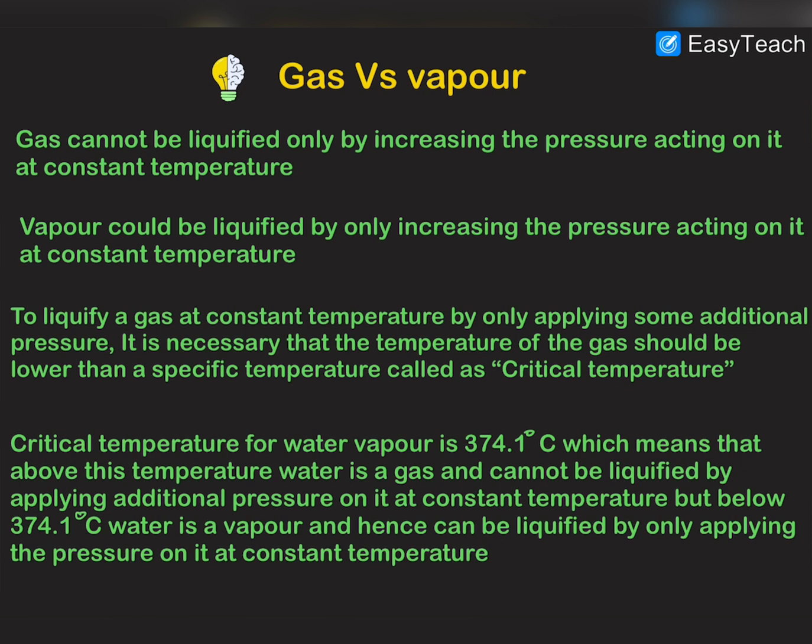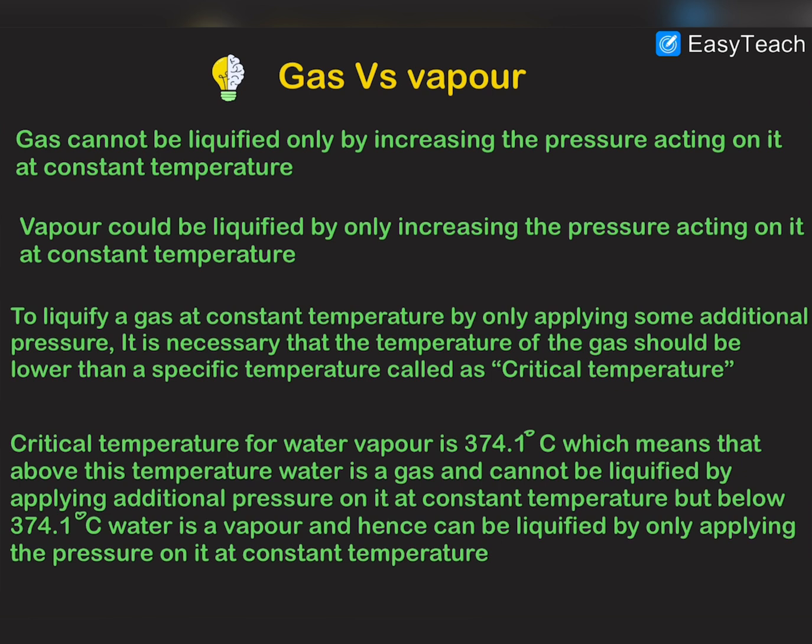between gas and vapor: gas cannot be liquefied by only increasing the pressure acting on it at constant temperature. Let us take an example of water. If water vapor is above 374.1 degrees Celsius, which is the critical temperature of this water vapor, then this water vapor will not be vapor now. It would be called gas, and it could not be liquefied by only increasing the pressure on